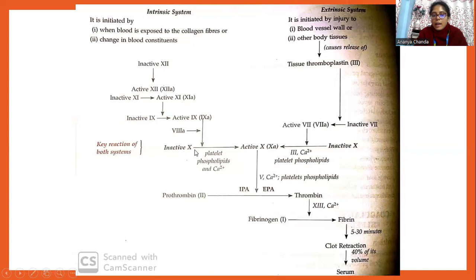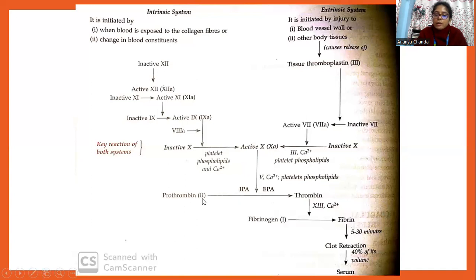So there is an inactive form of factor 10 which is activated by factor 9 in the intrinsic system, and in the extrinsic system the inactive factor 10 is activated by factor 7. With respect to the other constituents of blood clotting, that is calcium, platelet phospholipids, and factor 3, when this common reaction helps to activate factor 10, this factor 10 actually does what? It actually